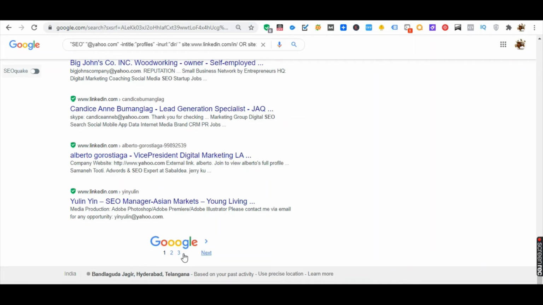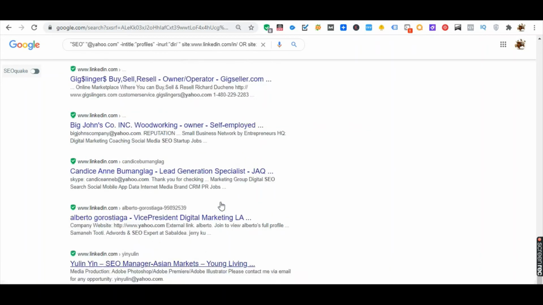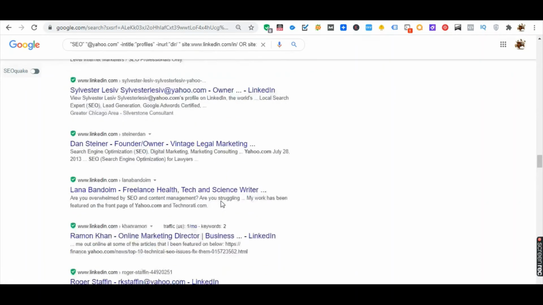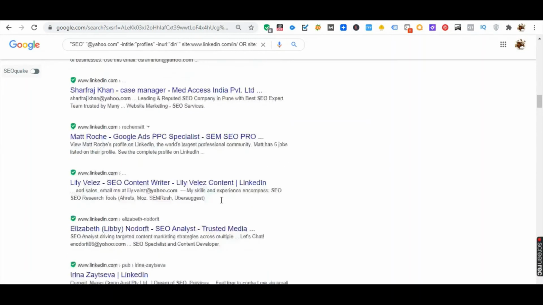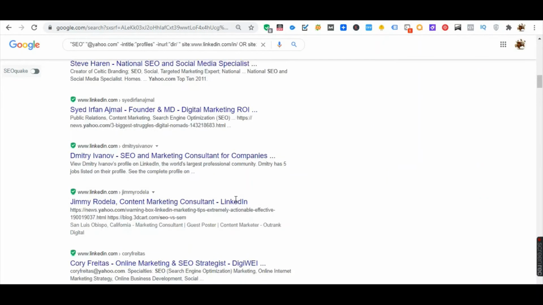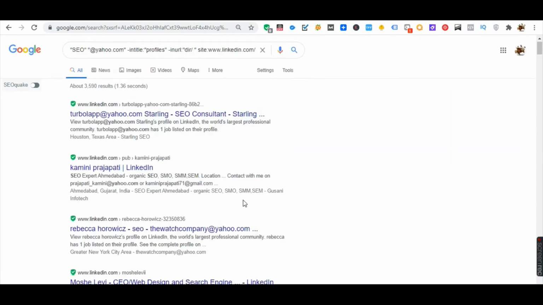Once you have completed all the pages on Gmail, jump to other tools like Hotmail or Yahoo.com. By doing this, you would be finding nearly 2,000 to 3,000 emails for free. So copy this email and save it in an Excel.